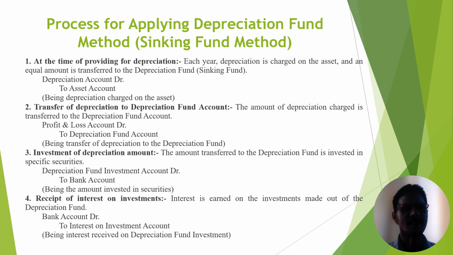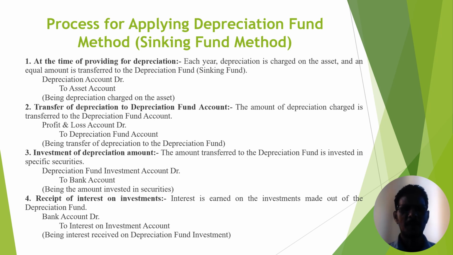For this, we prepare the journal entry: depreciation account debit to assets account. Here we reduce the asset value and we maintain the depreciation fund account. Now this depreciation is transferred to the depreciation fund account. Okay, for this journal entry,